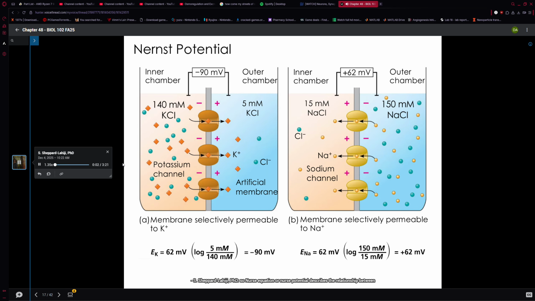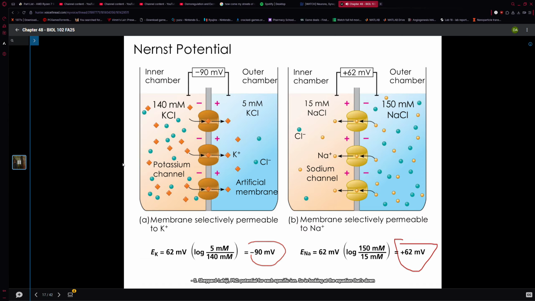So the Nernst equation or Nernst potential describes the relationship between membrane potential and ion concentration, and we generate a value for Nernst potential for each specific ion. In looking at the equation that's down here, the math doesn't matter as much as the results that we get through this equation, which is that the Nernst potential for potassium is very negative, while that of sodium is positive. Because the density of potassium leak channels found along the neuron compared to sodium is different, there's far more potassium leak channels than there are sodium, the Nernst potential for potassium has a higher contribution towards what is considered